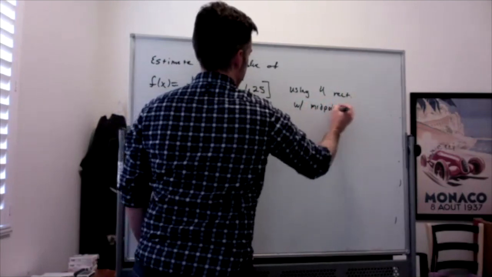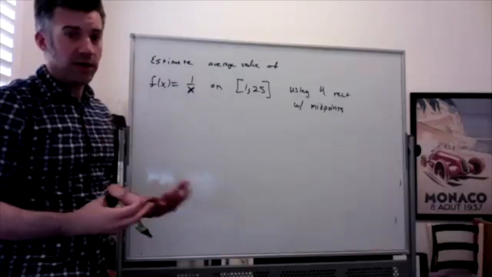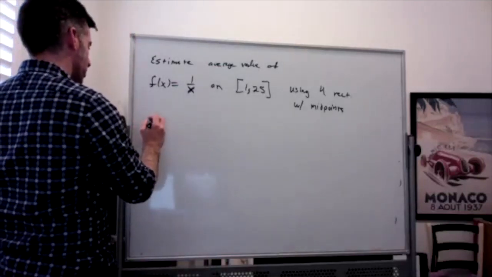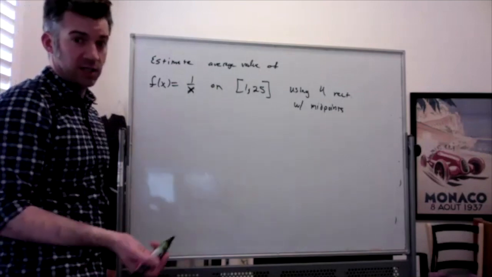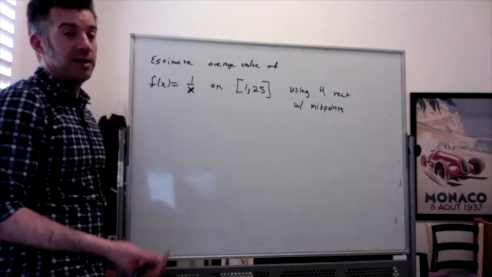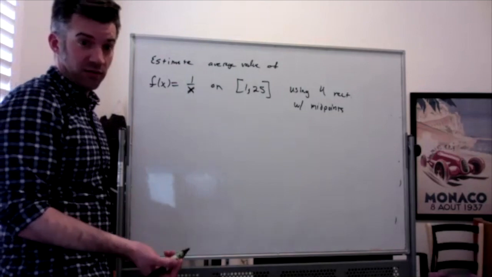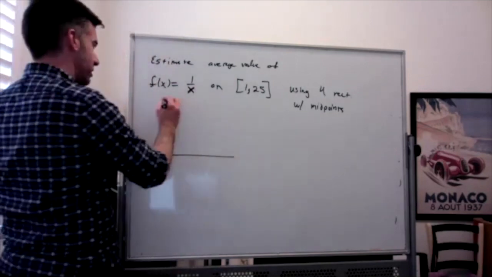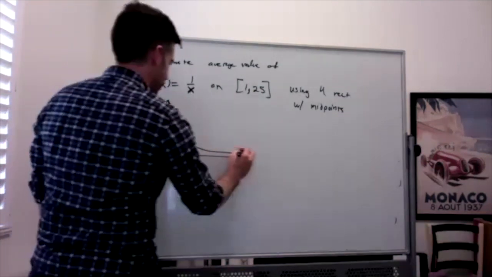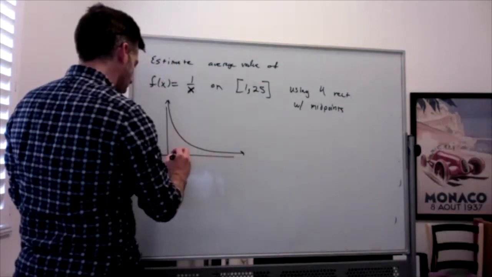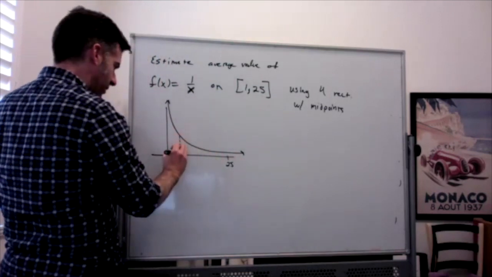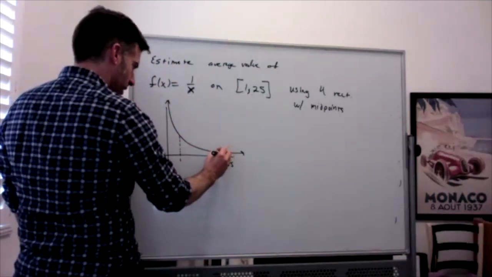Okay, so here's the thing about average value. It's very easy to calculate. If you want to find the average value of a function over an interval, it's just the area under the function divided by the length of the interval. So, for example, for this function, 1 over x, it looks kind of like this. Let's say here's 1 and here's 25. And let's say we found the area. So that area there,